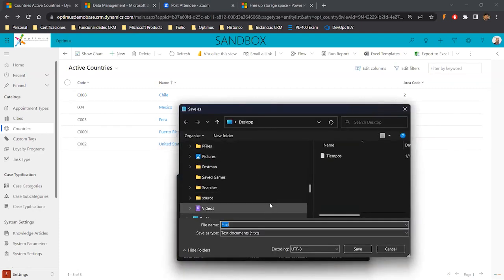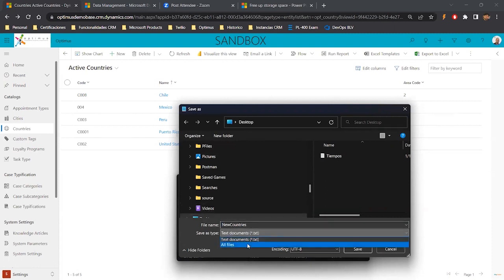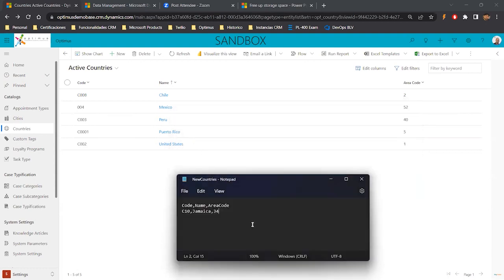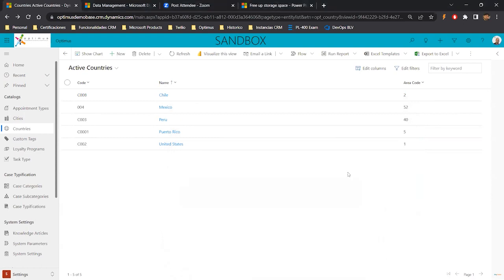This is a file, new countries. This is a file that contains information that I'm going to import. I'm going to save it as a CSV file. Okay, that's it. So let's say that I want to import this information to this entity. So what I'm going to do here,